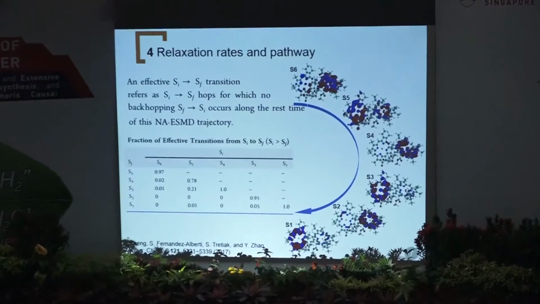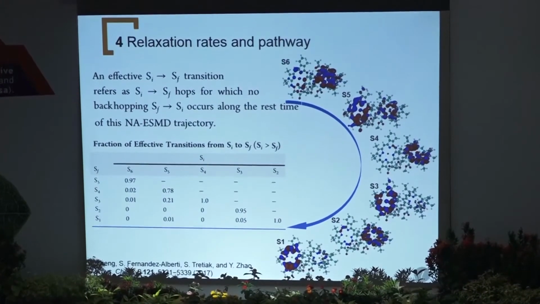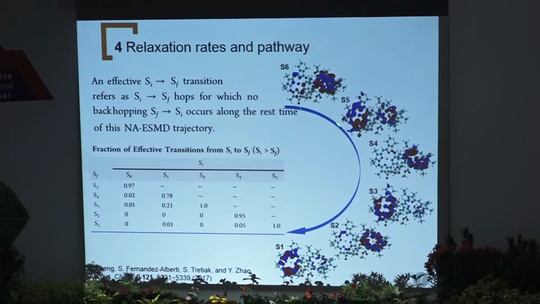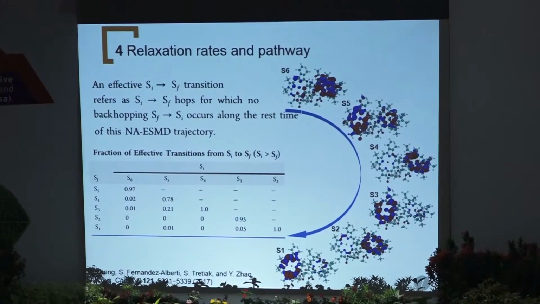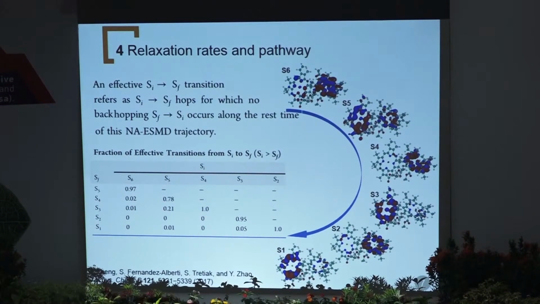We can also look at the transitions all the way from S6 to S1. As you can see, for the various excited states, if we calculate the transition density for that system, we realize they have slightly different symmetries. For this one, the charge density is mostly located on the right-hand side. This one is mostly located on the left-hand side. Right-hand side, left-hand side, right-hand side, left-hand side.